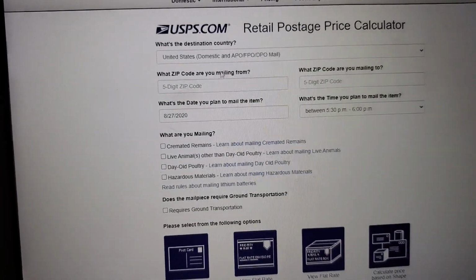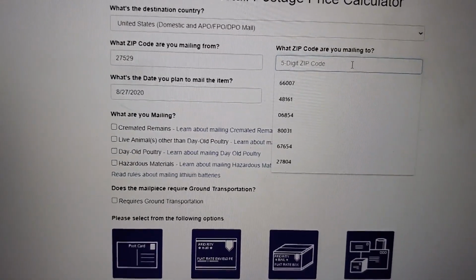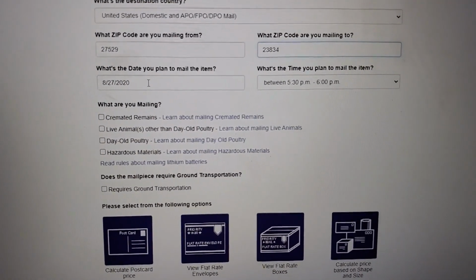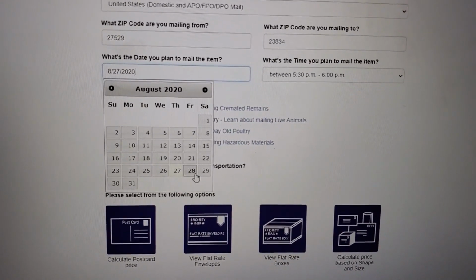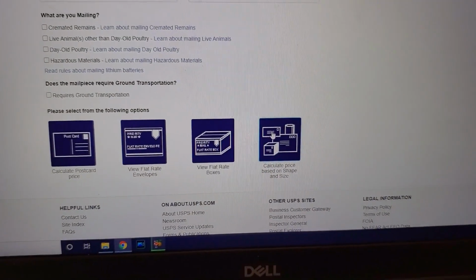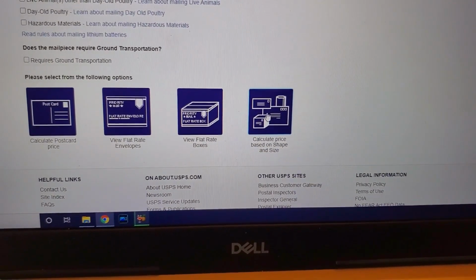Click on that. You put your beginning zip code, the zip code you're shipping to, which is 23834. And let's say today it's after 5 o'clock on the 27th, so I'm going to ship it tomorrow. I'm going to change it to tomorrow's date, but that's not important. This is just to figure out a price. You don't have to worry about the time. You're going to click on calculate a price because this is not a flat rate box and it's not envelopes or postcards. So you click on calculate a price